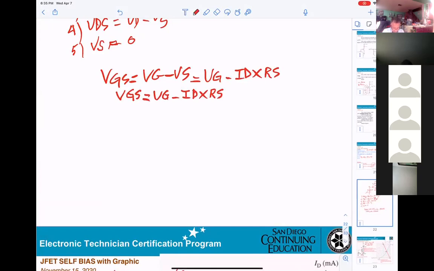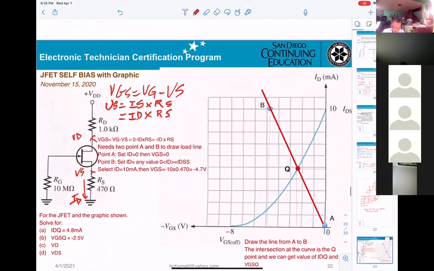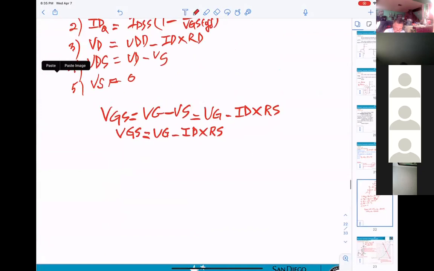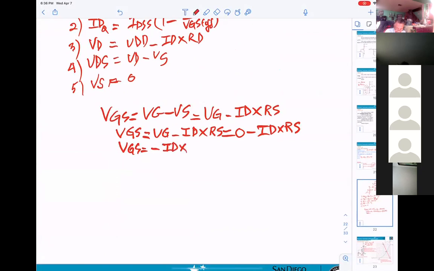Then we try to see what VG equals. VG equals 0, so it can be 0 minus ID times RS. Finally, VGS equals minus ID times RS. Then, if you want to calculate the ID,